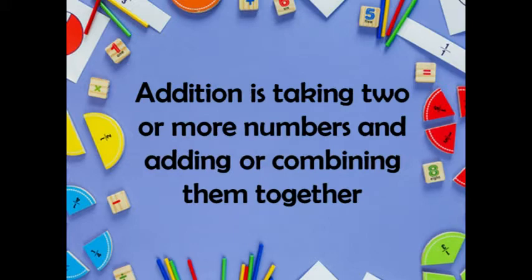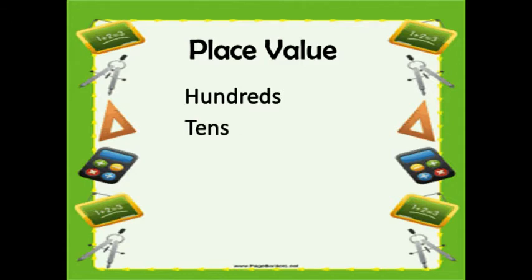In addition, we will also use the place value because in adding numbers, we should make sure that the digits are aligned from the place value, or simply the numbers in the same place value should be aligned with each other. So in here, we are going to add the 2 to 3-digit numbers. So we need to use the 3 place values, which are the hundreds, tens, and the ones.